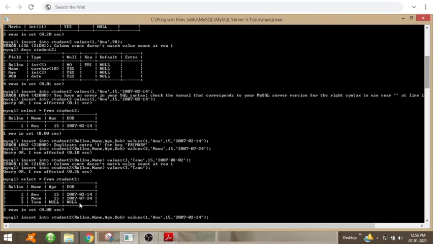For inserting null values, we give the value as null without enclosing it in single or double quotes. I am giving the name as Meenu, then age 15, and for date of birth I am giving NULL.